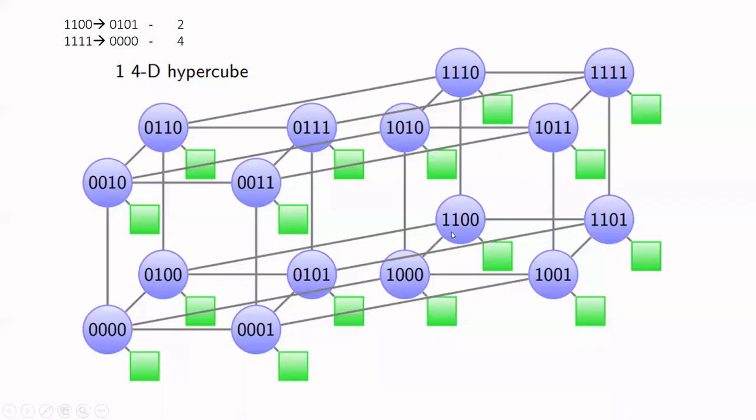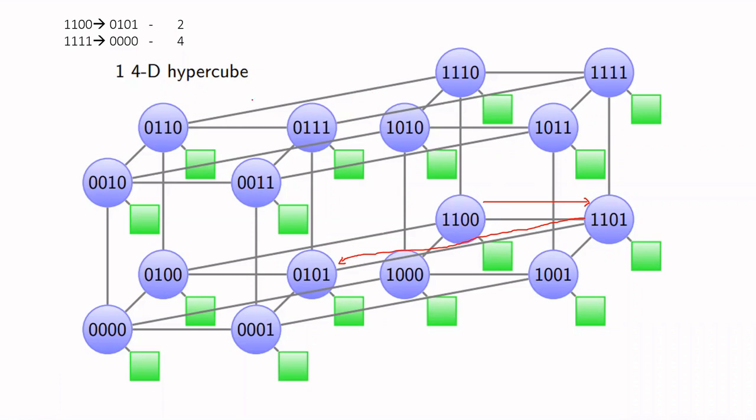We will see how a message goes from 1100 to 0101. So that particular message can travel from this node to this node, and it can take the path to this node. So a maximum of 2 edges are required in the path from 1100 to 0101.